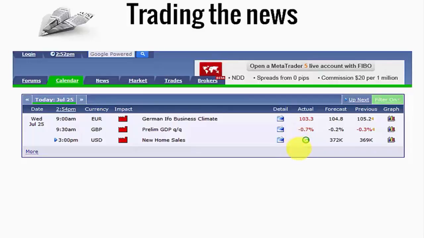The next news item, because it's not actually quite due yet, is shown as this green circle. And if we click on that green circle, then we would actually refresh the screen. If we do that a few minutes before the news is due out, then when the news is actually due out, we'll see it come and appear there. If not, you might have to double click on it when the news is actually announced.